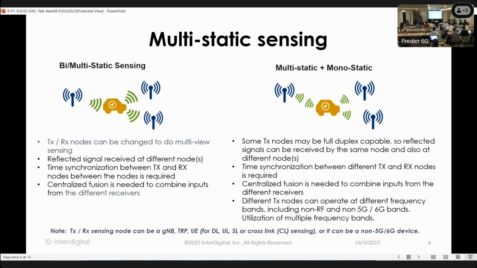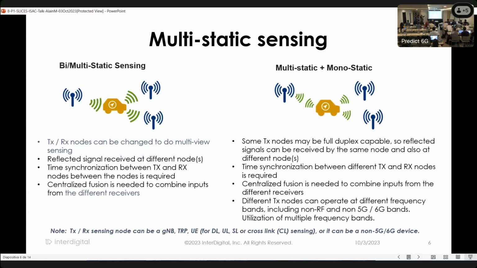And now here, certainly, there has to be some time synchronization between the transmitter and the receiver to be able to do this sensing task in a proper way. And then, of course, if we extend to multiple nodes receiving the echoes and coordinating together, then there is also a time synchronization requirement across the nodes as well. And there has to be some element, an engine, doing the fusion of all the sensing results coming from different nodes. So there is a central fusion requirement that comes with this sensing type.